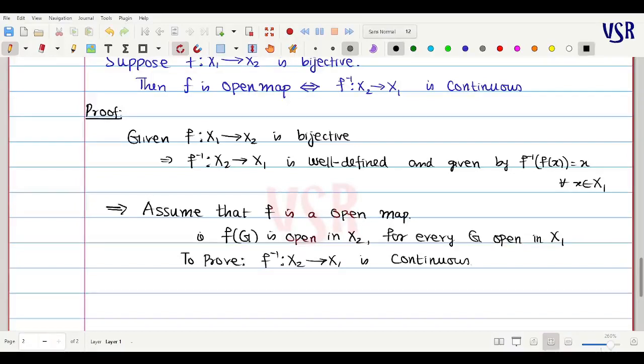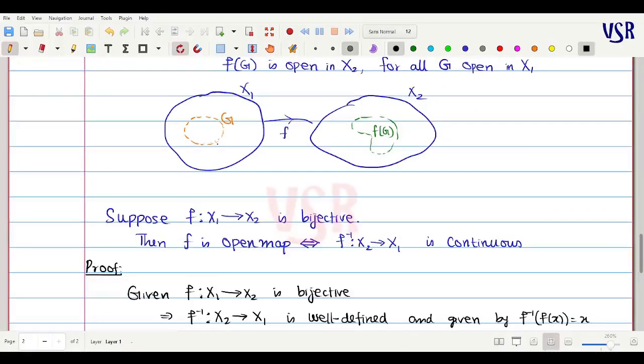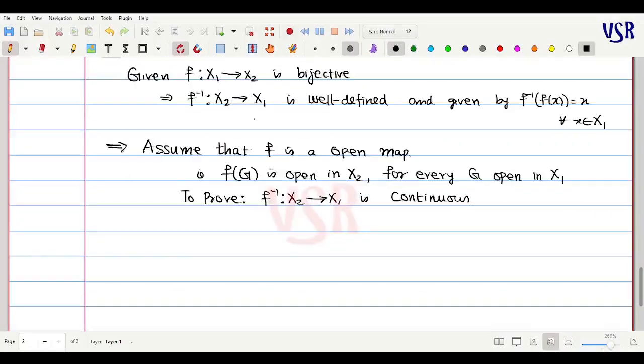If you give an open set in X1, if this is an open set, then f of G is open. So given G is open, then f of G is also open. So what has been given? G is given. Then f of G is open in capital X2. Now to say this is continuous, we shall prove that the inverse image of an open set is open. So it is enough to show